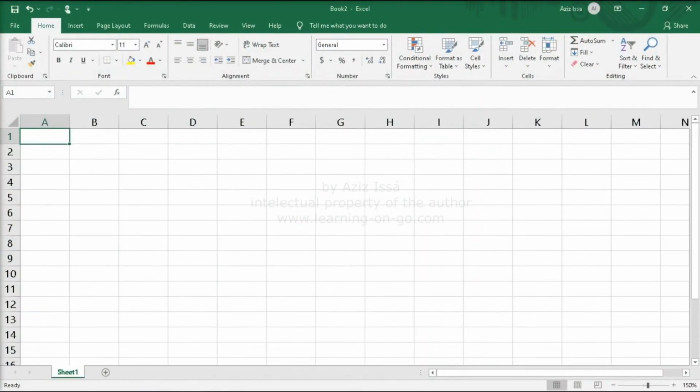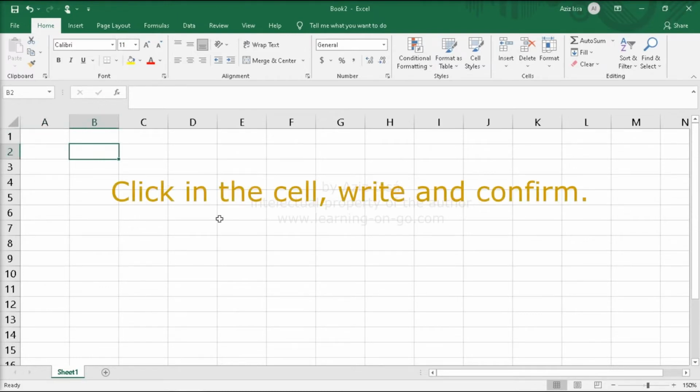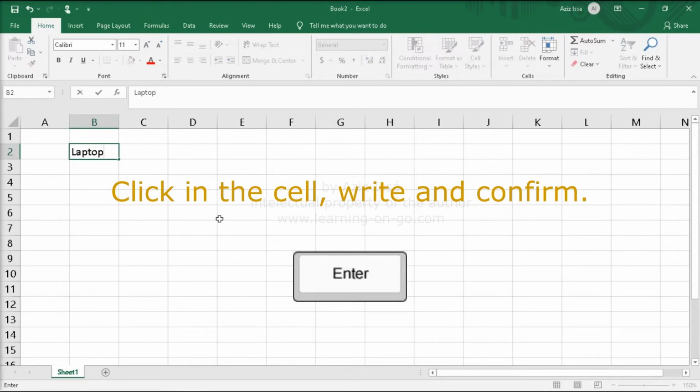A simple and practical example will introduce you to formulas in Excel. A company wants to analyze the cost of buying a number of laptops and some related accessories for replacing the existing ones. The bundle will have a laptop. For introducing data, click in the cell, write, and for confirming, usually press the Enter key on the keyboard,